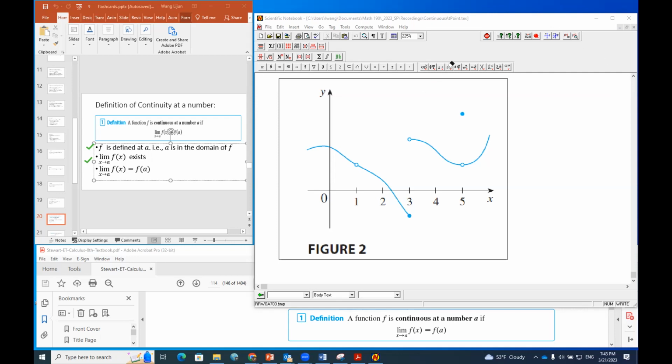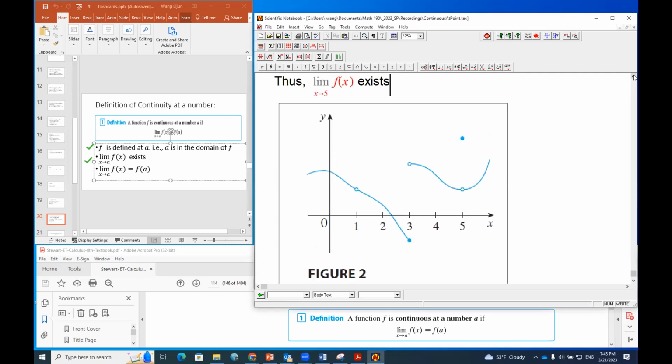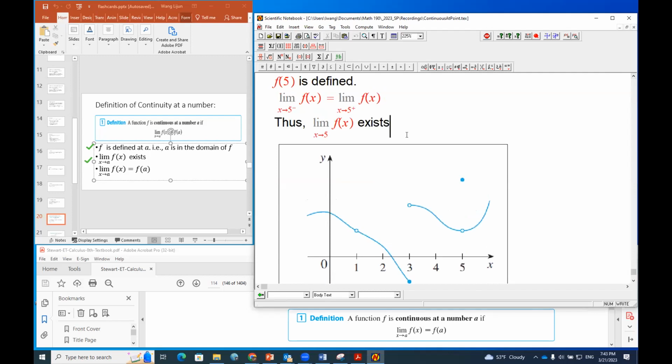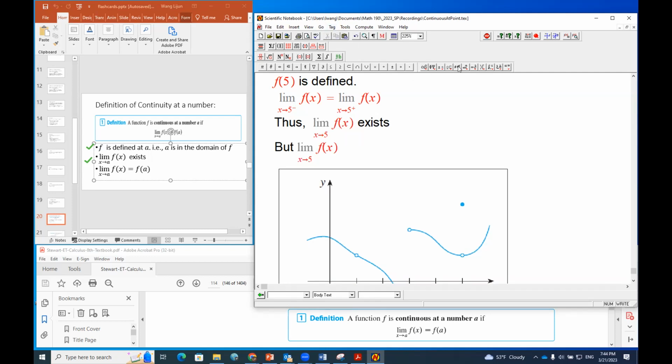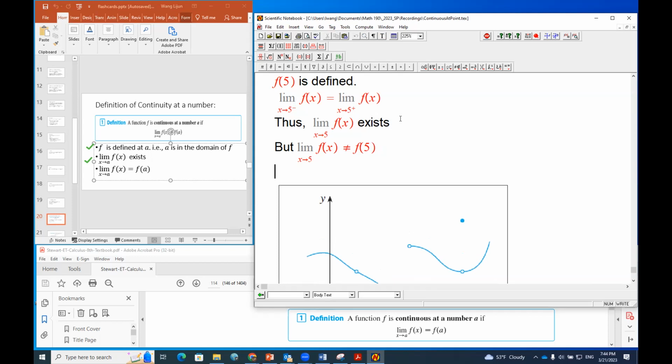So the limit exists, the first condition is true, the second condition is true, but the third condition, you can obviously see this limit, even though it exists, is not the same as the function's value at 5. Then you can say, thus, f of x is not continuous